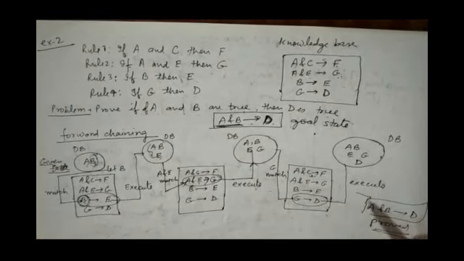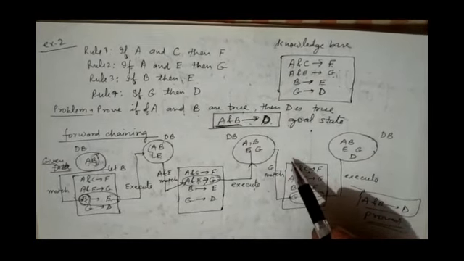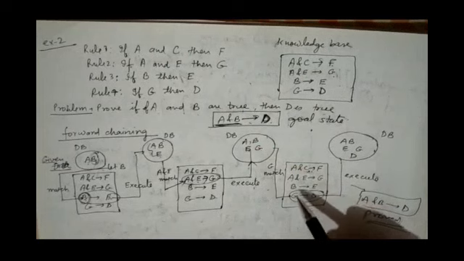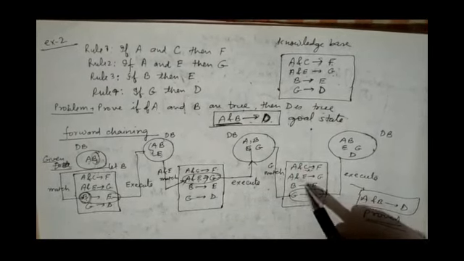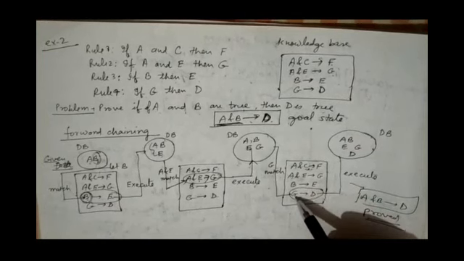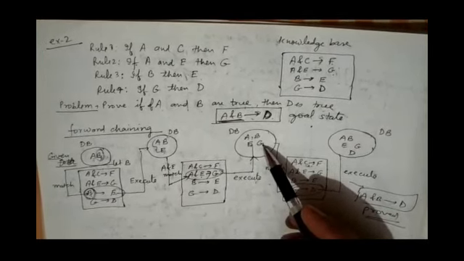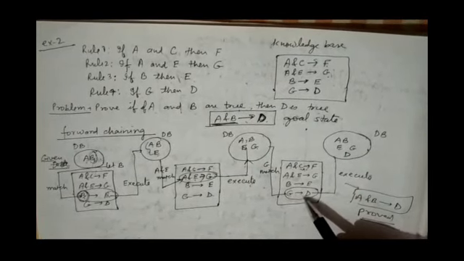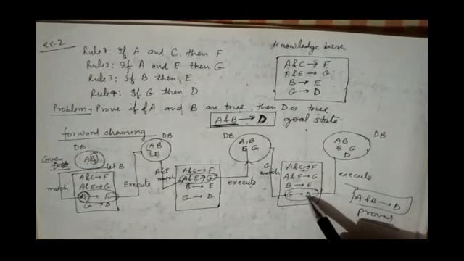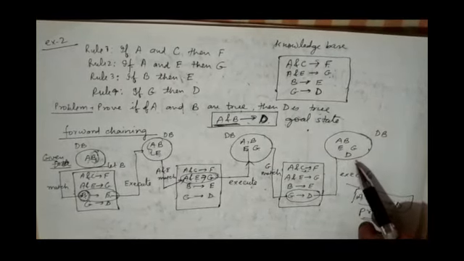Now these are the facts available in our database. Now just see which other inference rule is matching with our database. A and C, no. A and E, already done. B, already done. Now G derives D. Yes, G is the fact available over here in our database. So G is matched, and this inference rule executes, deriving D. Now D will be added to our database.